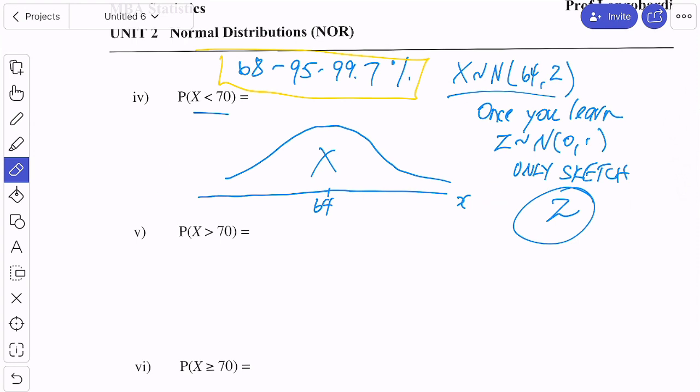So let's sketch the rule. If I add 2 on each side, I'm going to get 1 standard deviation from the mean. And the 1 standard deviation is where the curve starts to turn up. Okay, I did explain that in the videos. So that would be, in here is 2. So this has to be 66, and this one has to be 62.